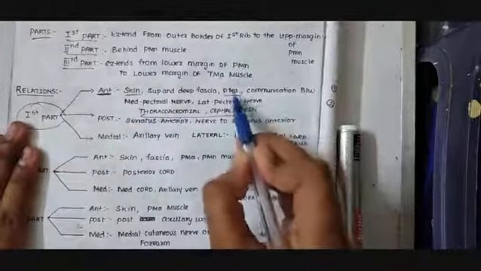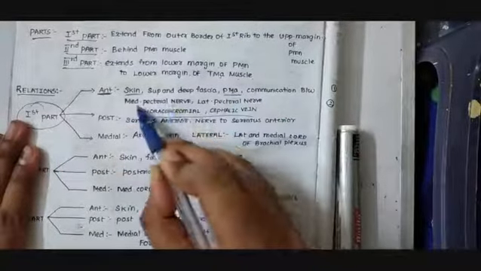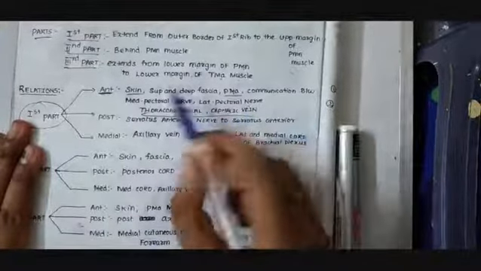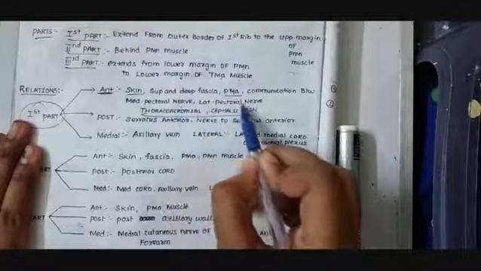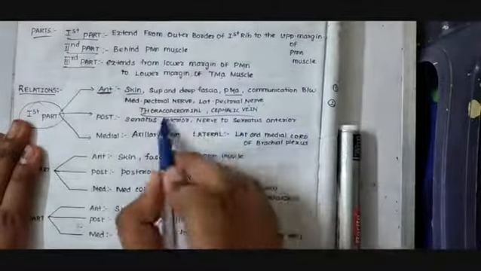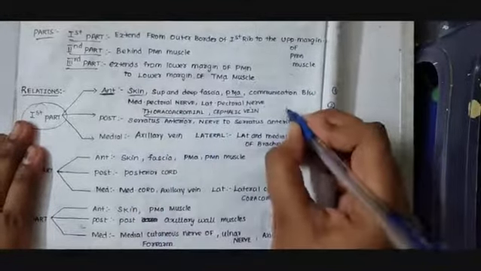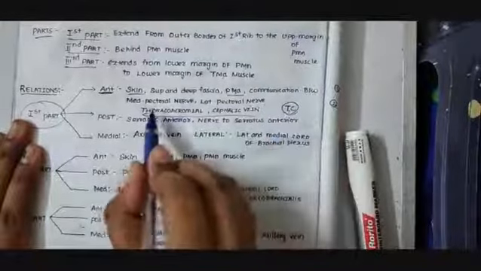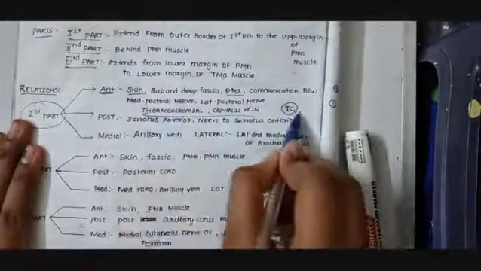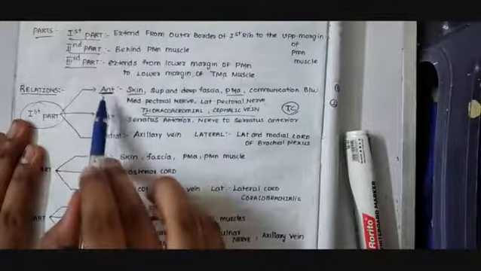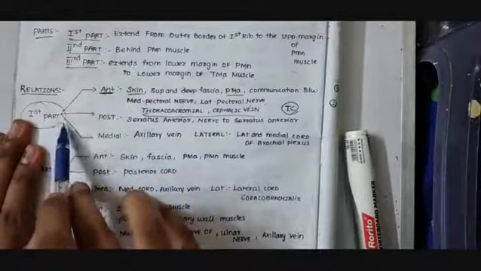Okay, then this pectoralis major muscle is supplied by the medial pectoral nerve and the lateral pectoral nerve. So the communication between the medial pectoral nerve and the lateral pectoral nerve is also present. Next, there are two veins, namely, just remember TC. T stands for thoracoacromial vein, whereas C stands for cephalic vein. I hope there is no doubt in the anterior relations of the first part of the axillary artery.